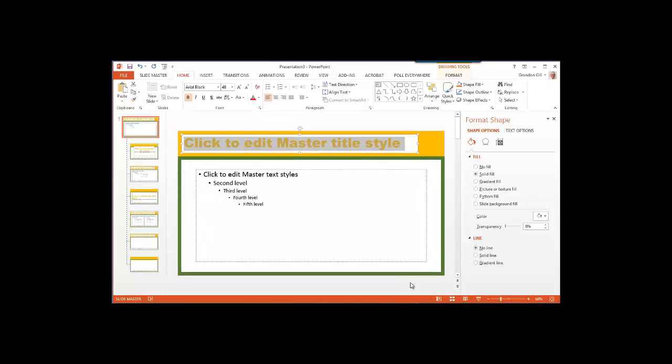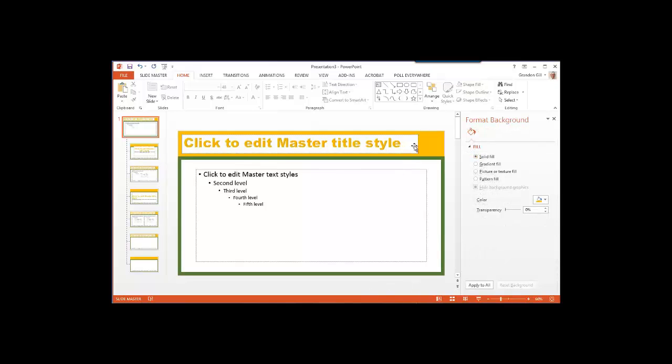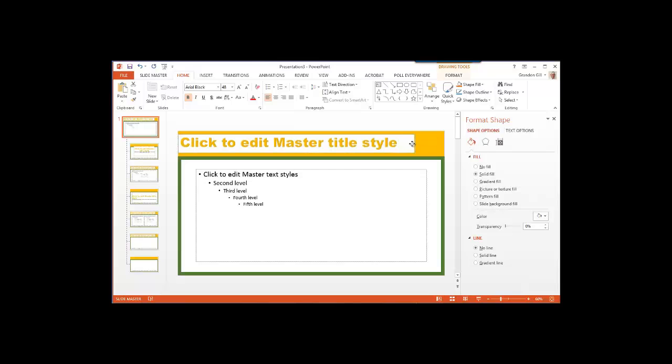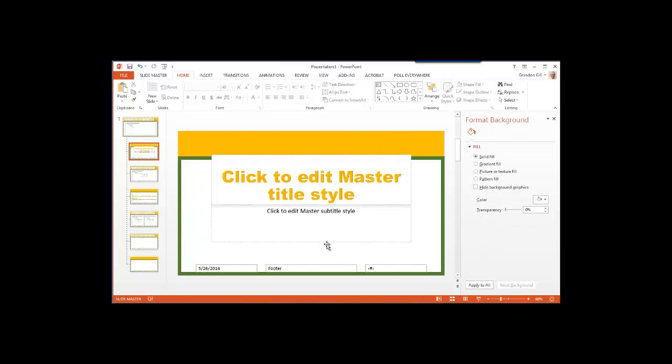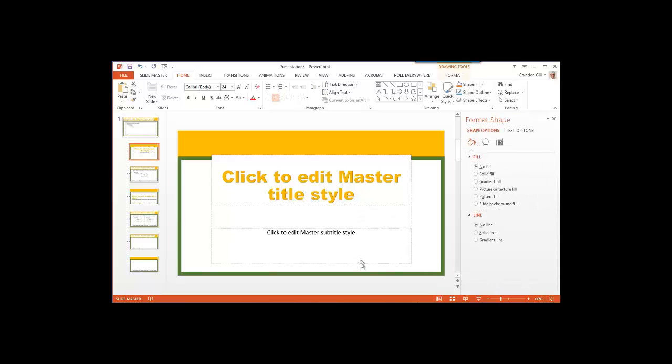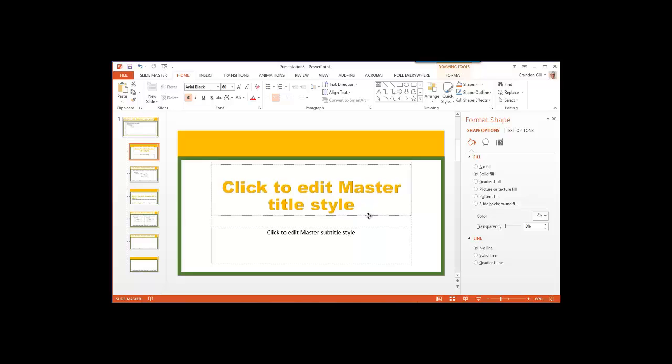What I did is I used word art there. So now that I've changed this, maybe I can give a little more room for something on the side. Oops, I didn't. Here, I'll undo that. And then just give a little more room over there. Then, if you take a look at these other slides, maybe we can get rid of those, bring down the subtitle a little bit, bring down the master slide. But you see, I don't like the big yellow block there, so if I want to deal with that, I can come back here,